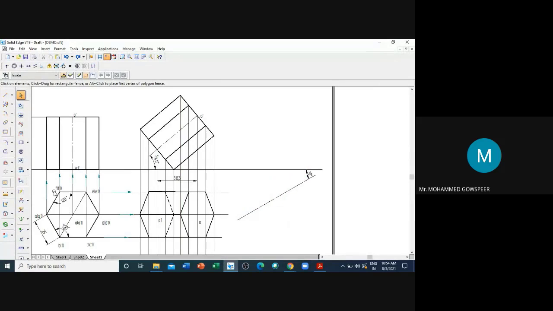So to draw a locus, arc by center point, select any point here. The true length of the axis is 50 mm. So with 50 mm radius, you cut the arc. Then from the intersection of this arc and line, draw a straight line.